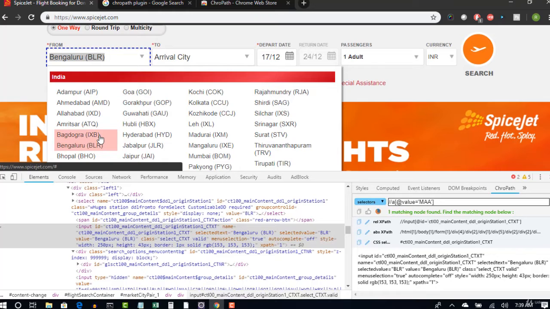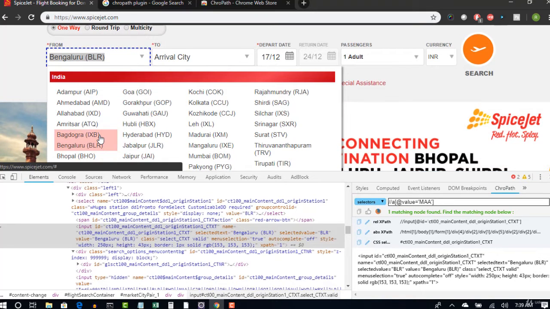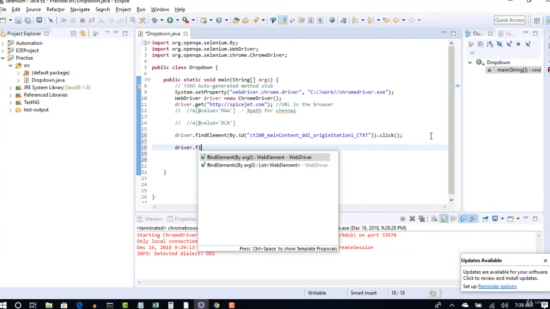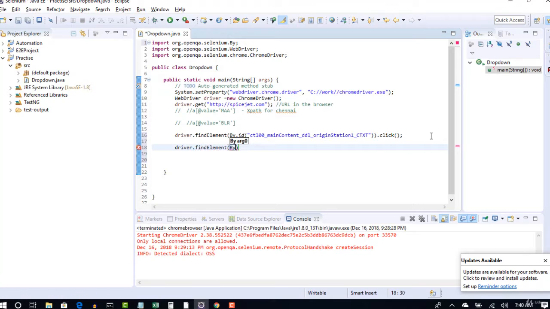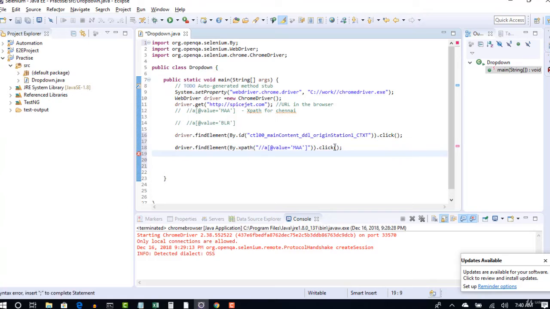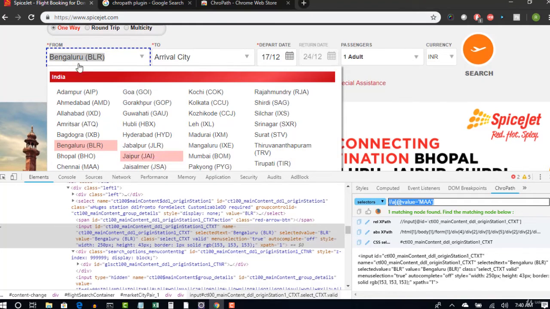By default, if there are 5 options present, it will click the first result, which is the from option. So though it has multiple indexes, you need not worry in the from case, because that's the first option. But you should take care for the to drop down, because that's not the first one Selenium identifies, it's the second one. So if you blindly give it without providing any index, it will still search in this from drop down only.